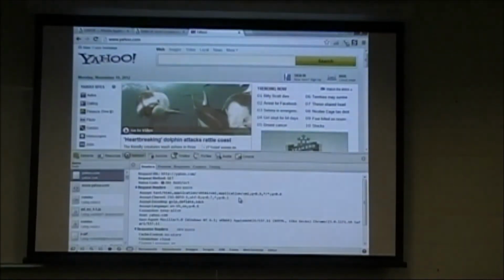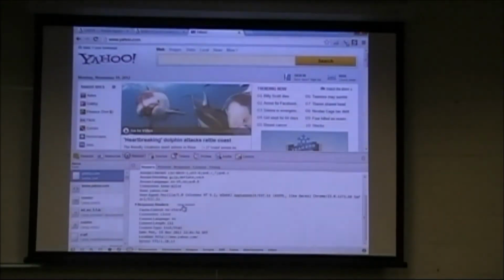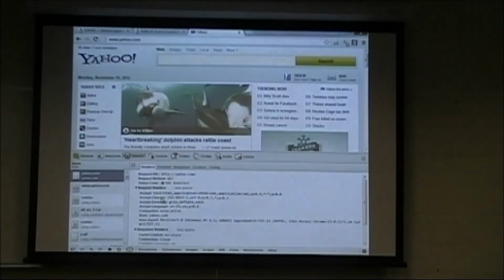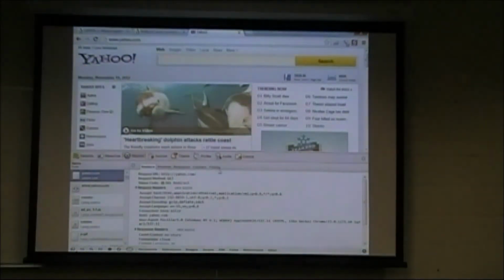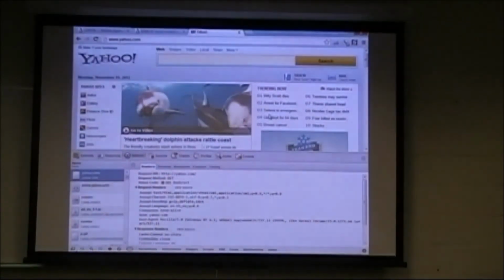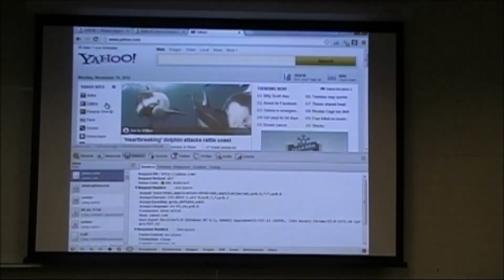If we go down here, we realize that there's nothing else in here. There are just the request headers and the response headers. Request headers are what we sent to the server, and response headers are what we got. But this was my first visit to yahoo.com, and yahoo.com already sets a cookie on my browser telling what I have downloaded and all that. So if I make another request by clicking to one of these pages,